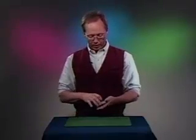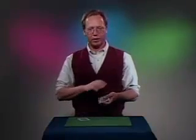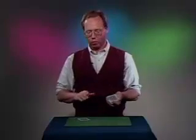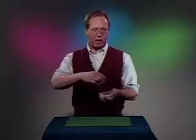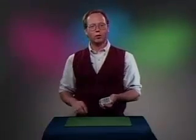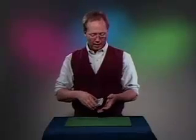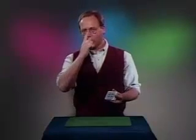It's simple. Simply have one card reversed on top of the pack before you even begin. It doesn't matter what that card is. Don't worry about it. When they pick their card, you have it reversed and put on top of the card you reverse. So now there's 2 reverse cards on top of the deck. Now when you cut these into the middle, you will not strip out one card, but you'll strip out 2